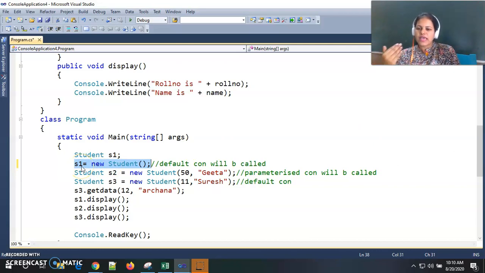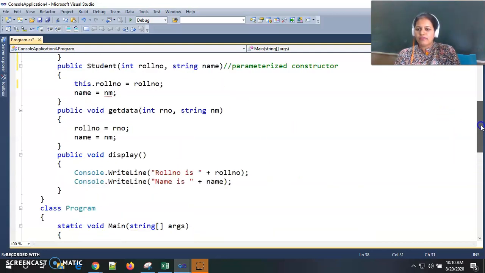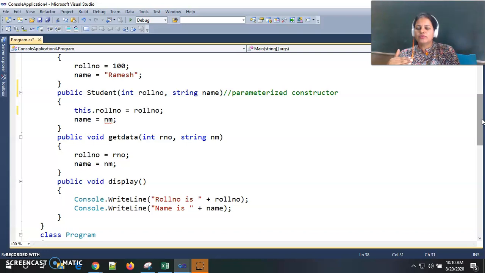If for S1 the compiler called this default constructor, then this pointer refers to the current object, and my current object is now S1. So this dot roll number means S1 dot roll number. This roll number is my data member and that roll number is my parameter.